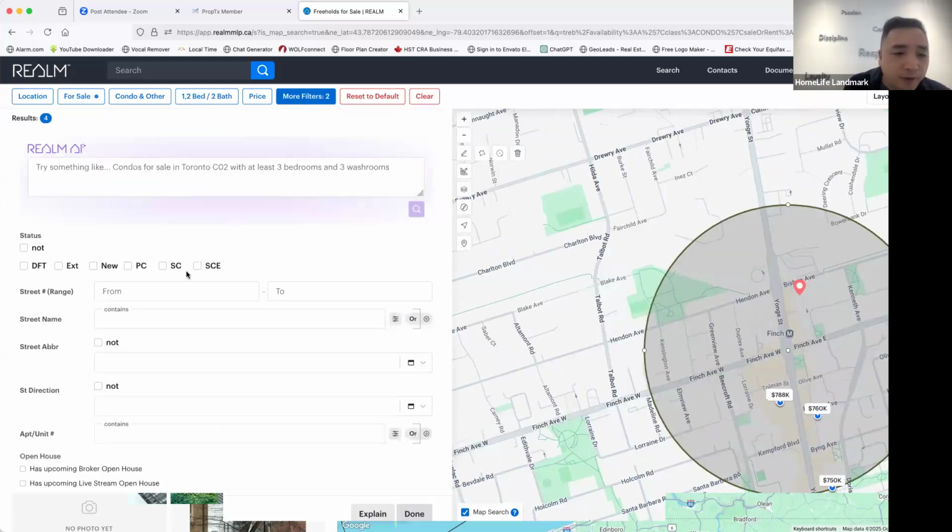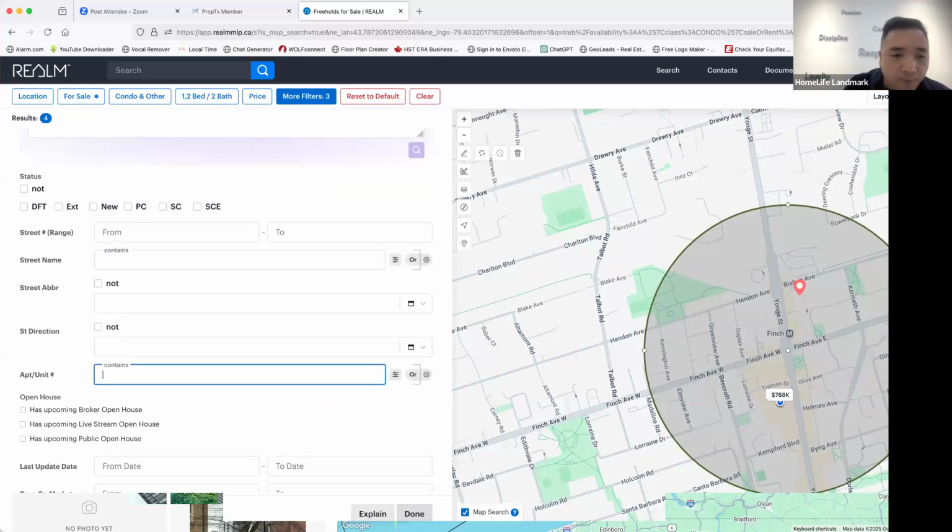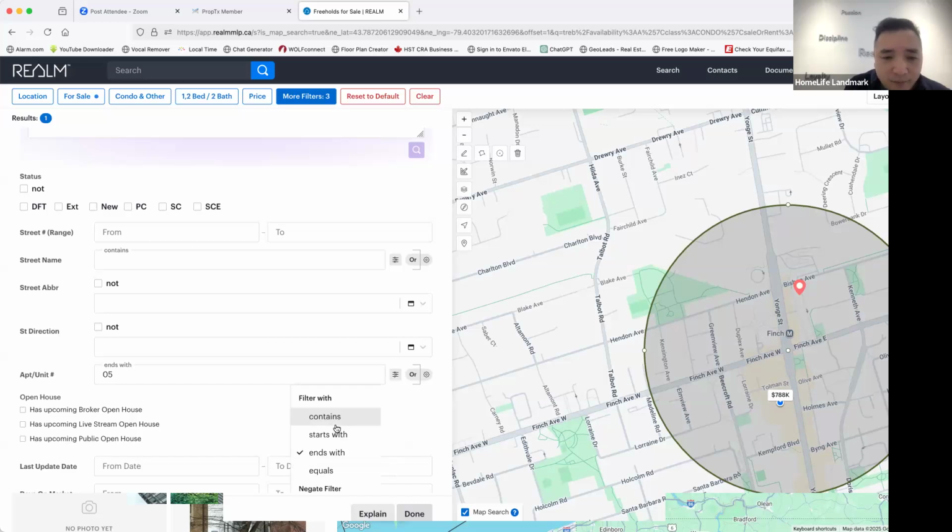So let's go to the filter. You can see the unit apartment number. So if you know a certain building, and you're only looking for, let's say, 05, I will put ending with 05. That means only units ending with 05, maybe 1005, 1105, 1205, any 05, will show up. So you can customize by unit ending number or starting number. Maybe start with,